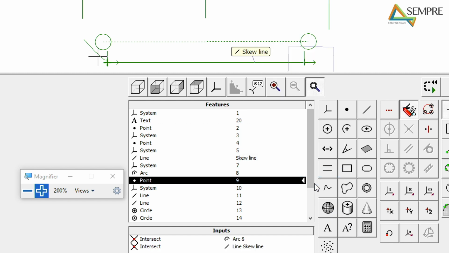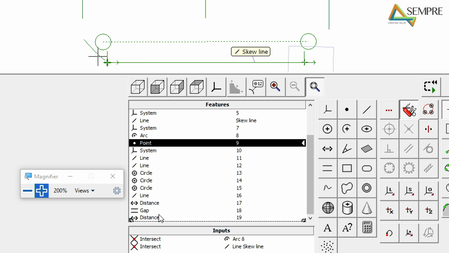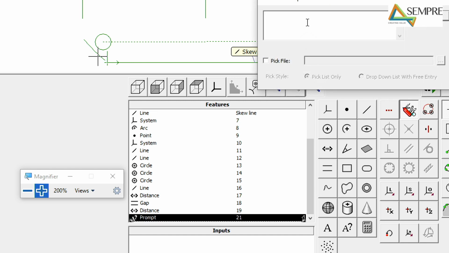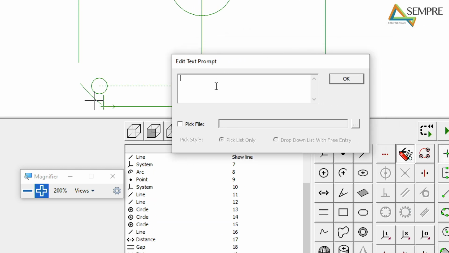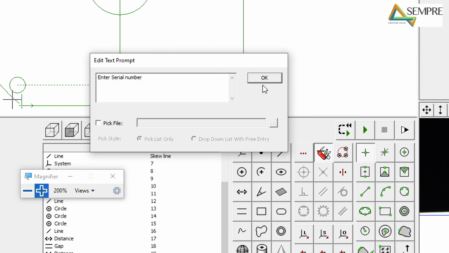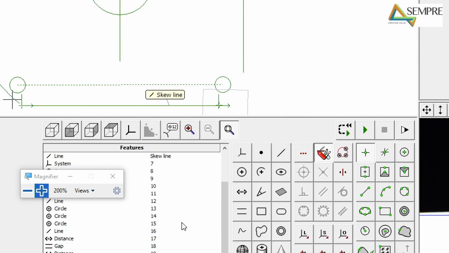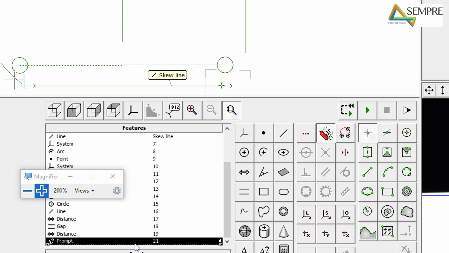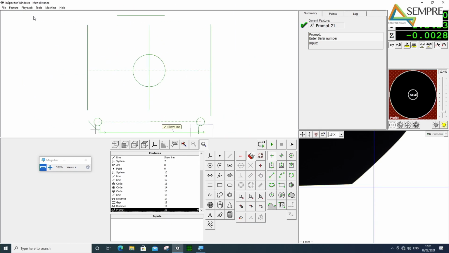That's what I'm going to do, is put it at the end of the program. So the cursor's at the end of the program. I'm going to type in a prompt, and there I can say what is the serial number. Okay, so you can see at the bottom of my program, I've got a prompt, and if I now save that and run that,